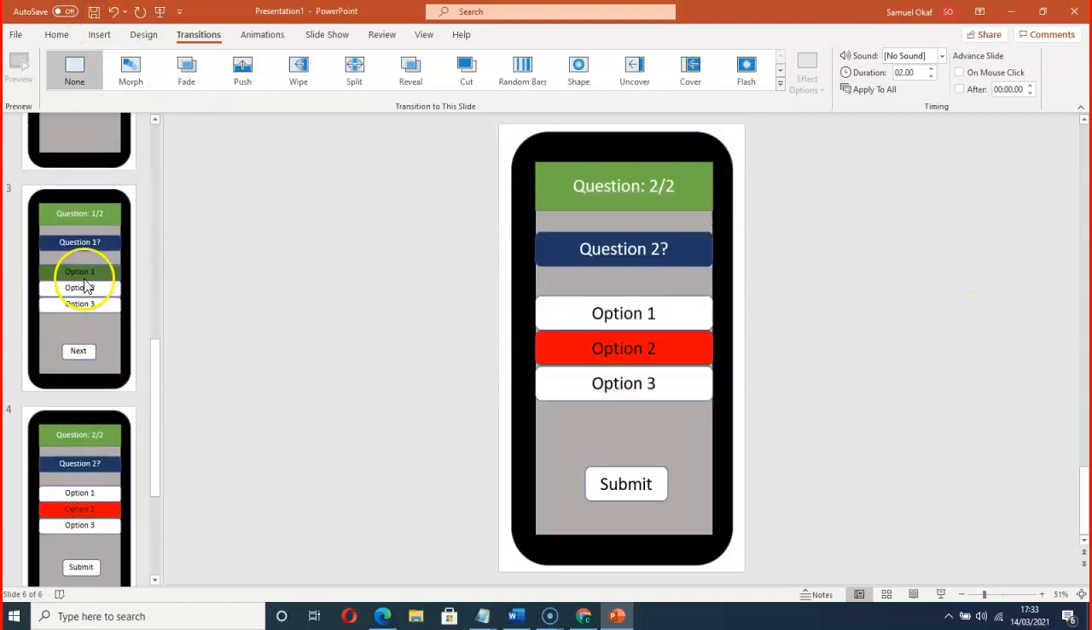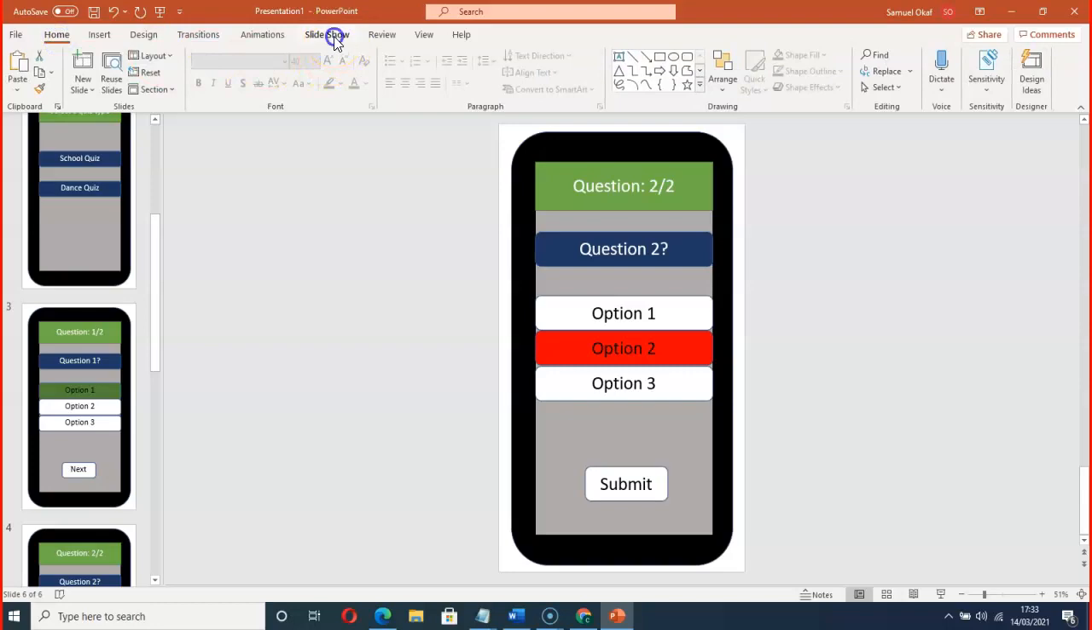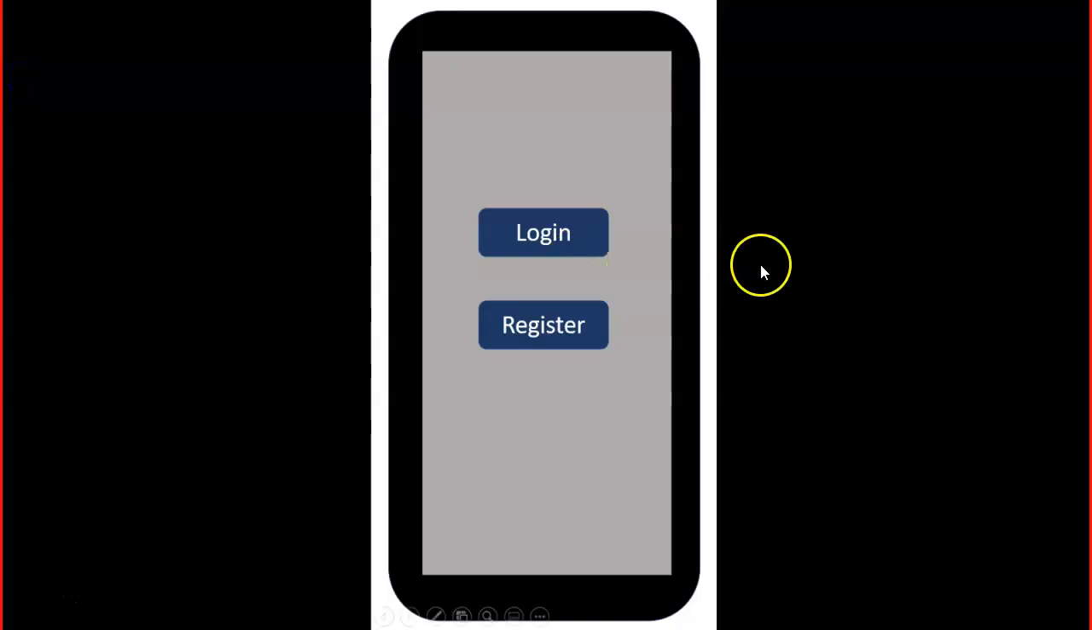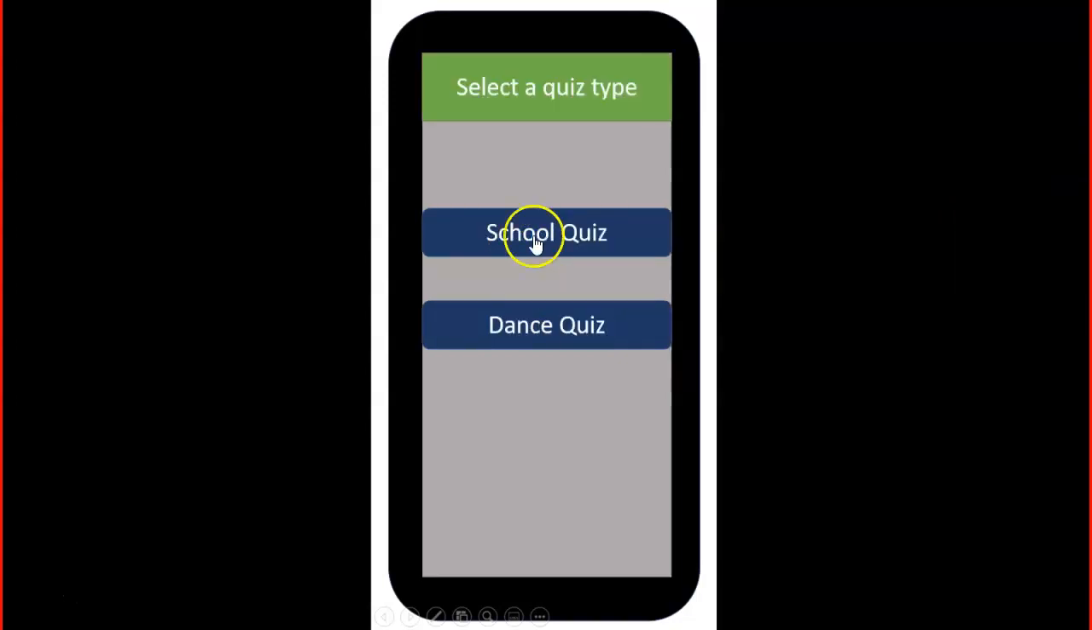So now let's go for the slideshow again from the beginning. You can see when you click, it doesn't move. So now we have to see whether we linked them correctly. So I'm clicking outside, it's not moving. So when I click on login, you can see it takes me to school quiz, and it